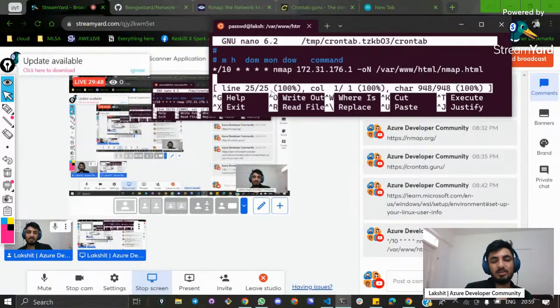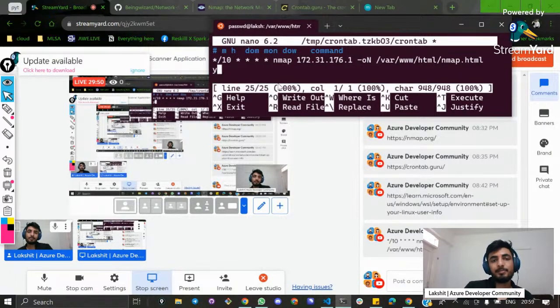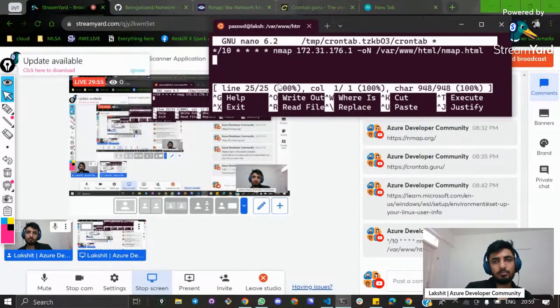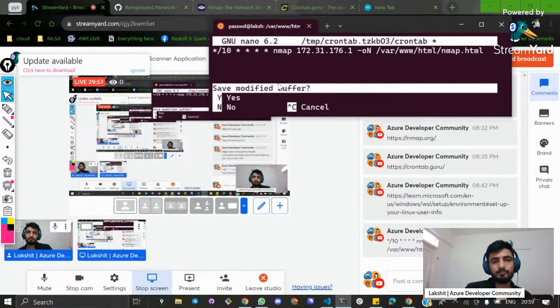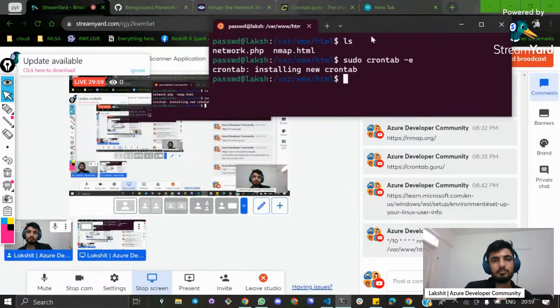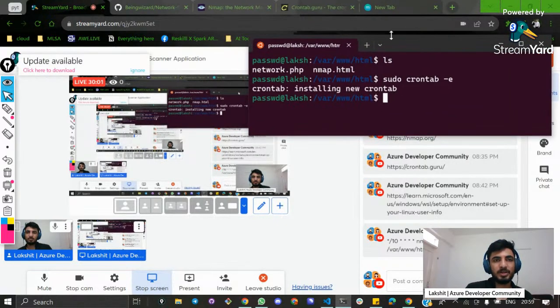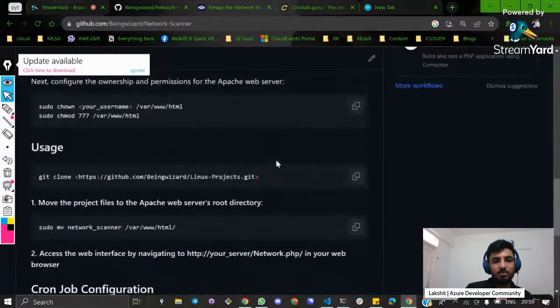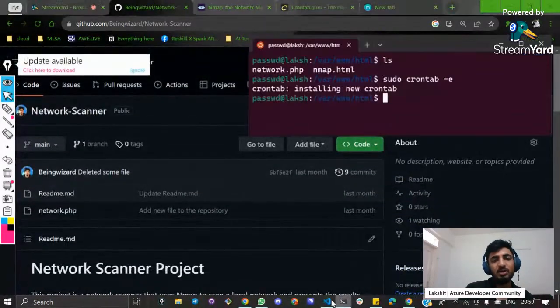Okay, so this is pretty much about the cron job configuration. Now you can simply save and close the file. How? Control X, then press Y, and then Enter. This is how simply you can do it. Now I'll run my Apache server. Sudo service